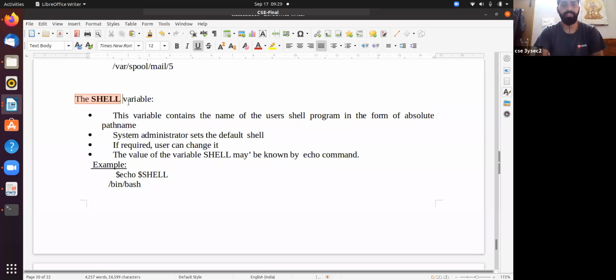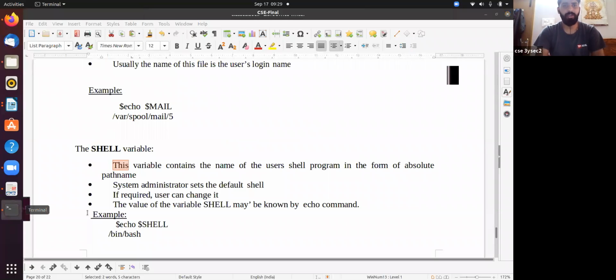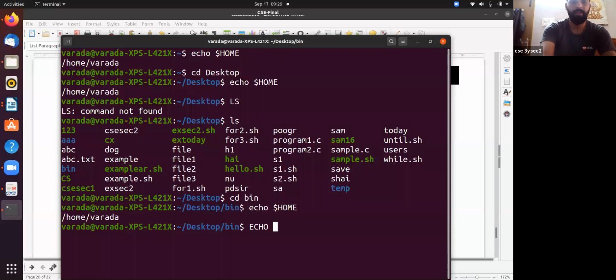Next one, the shell variable. First, you can see whether the mail variable is working or not. Echo $mail. It does not display anything. Why?